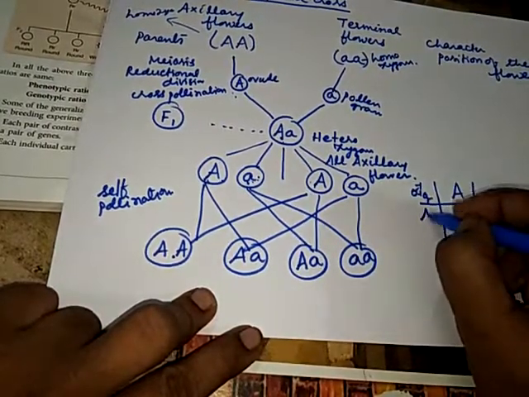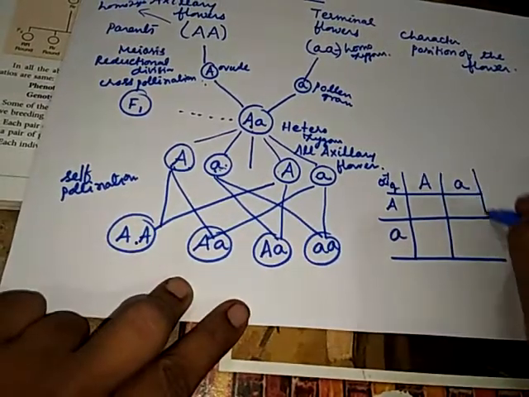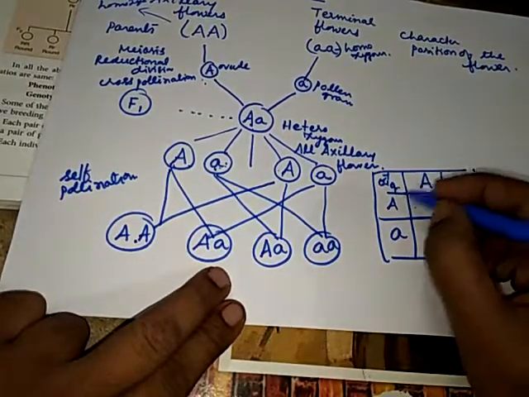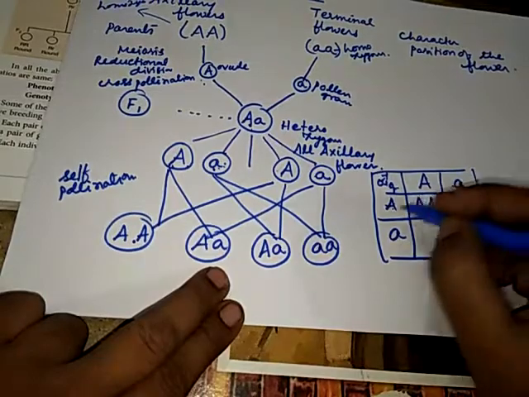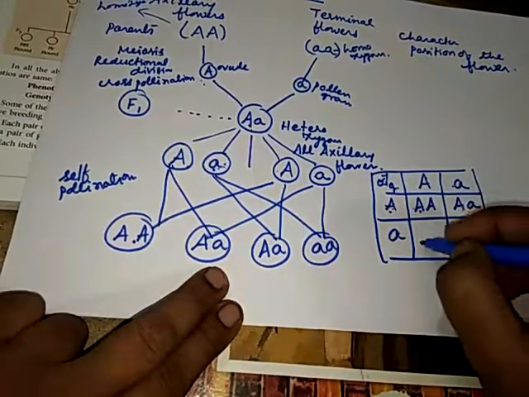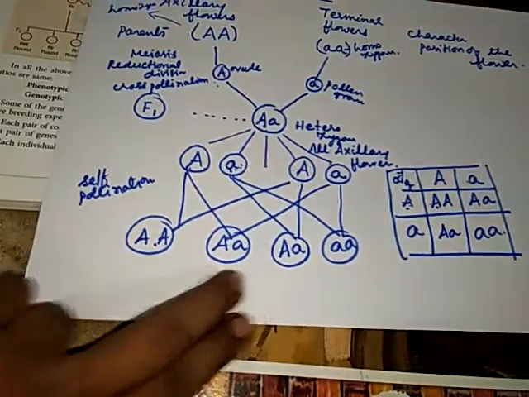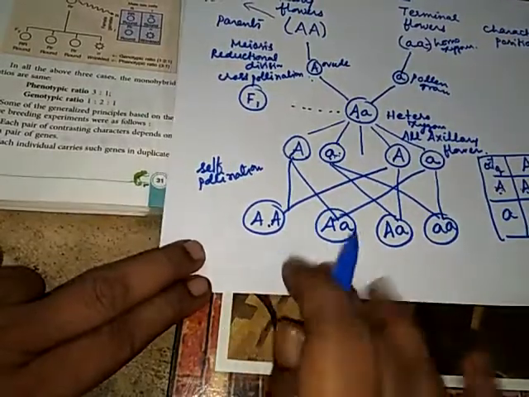The female cross is. So this table is also very convenient for you to do. A into A, these two gametes are forming one zygote. Here again, this one is dominant to the recessive, dominant to the recessive, recessive to the recessive. So we got 4 varieties of offspring in the second generation.